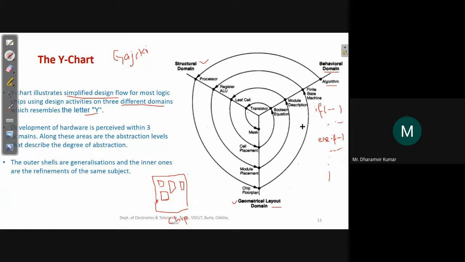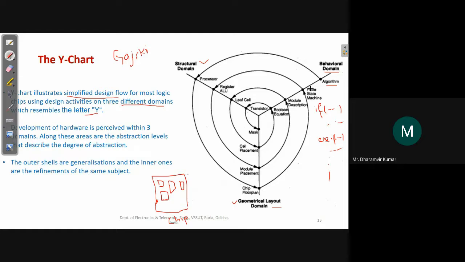Then we move one more step inside, and in the behavioral domain we have the finite state machine. These are the main controlling parts, which have the circuit that controls the operation of different circuits.